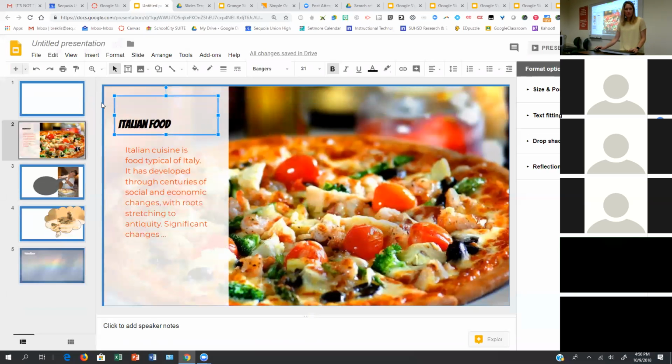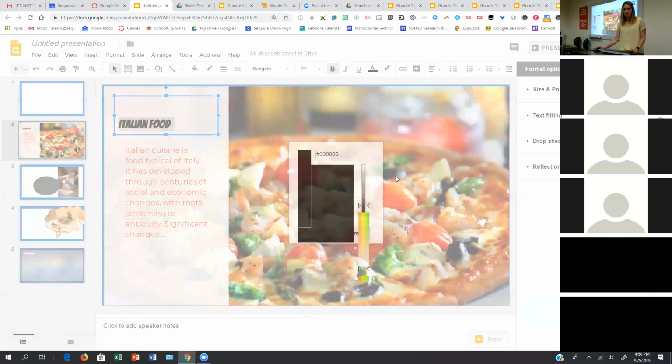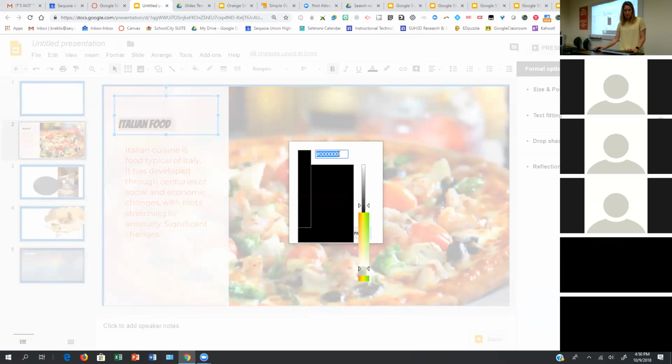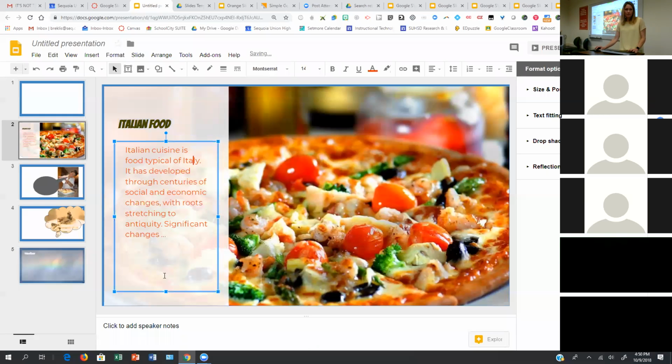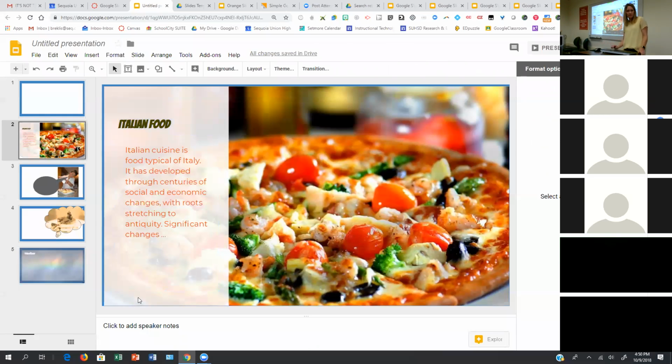So it's sort of an olive green, but that's fine. I'm going to make that the title. So click on the font color, custom, paste it. Wait for the computer to wake up. So now it's a not-so-healthy looking broccoli color for Italian, but that's fine.